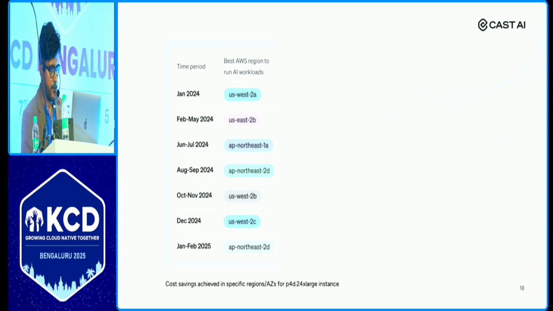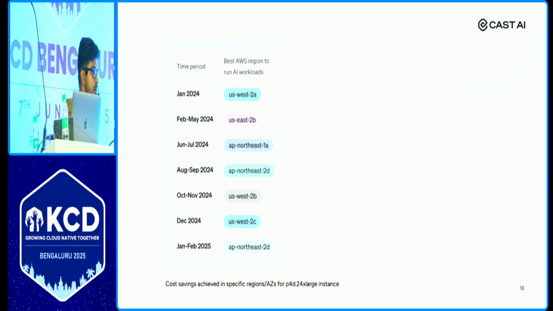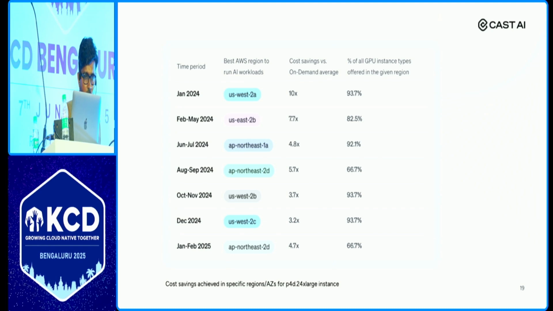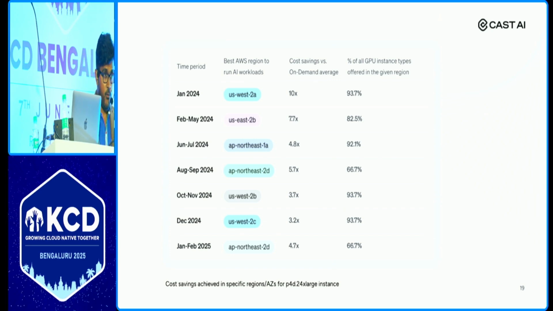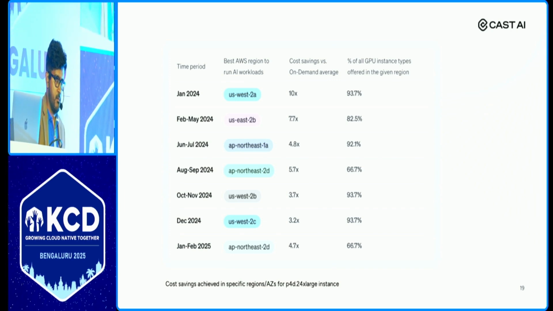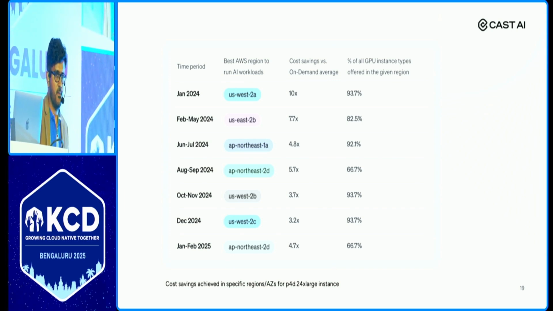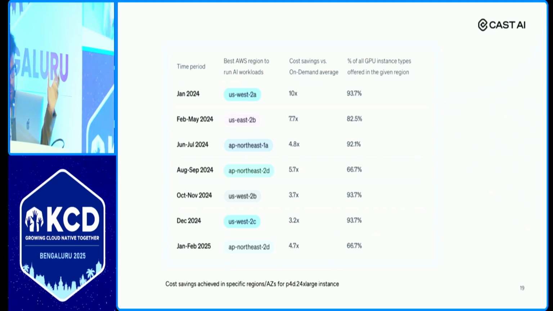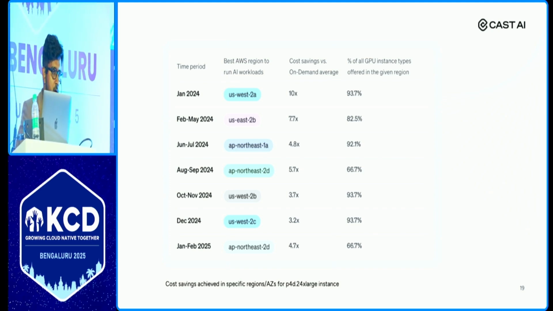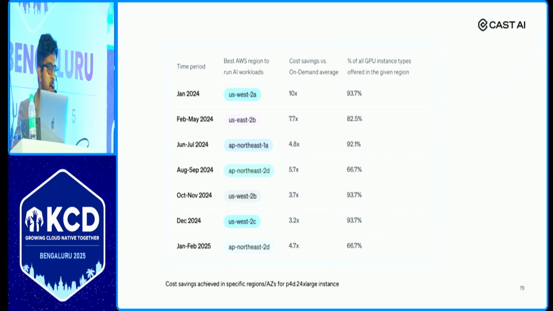So this is the data we got. But do you want to know how much? Do you want to know this? Okay, this is the difference. Imagine if I ask you to run an AI workload on GPU and give me the cheapest possible. If you know this data, you can get GPU 10 times cheaper. And that's a big factor, 10 times cheaper. The list ranges from 10 to 3.7. But if you have this data in front of you, you get the best and cheapest solution.